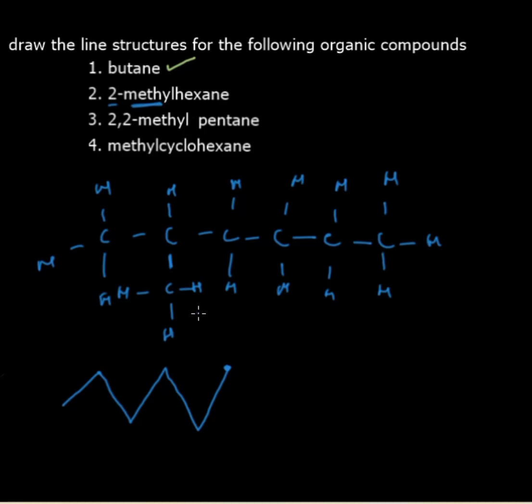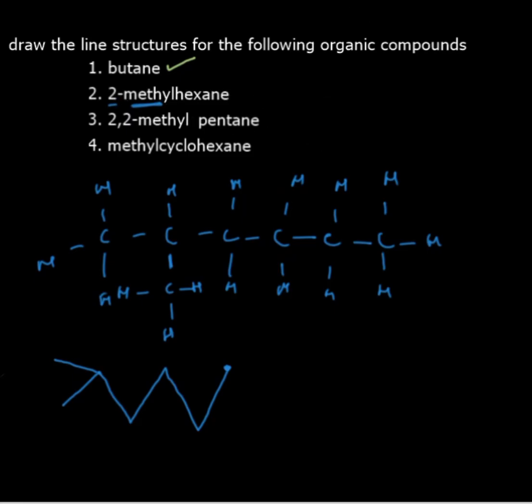So how can we draw our branch in some cases? The branch might be drawn just like this. So that's how you draw the skeletal formula or the line structure for